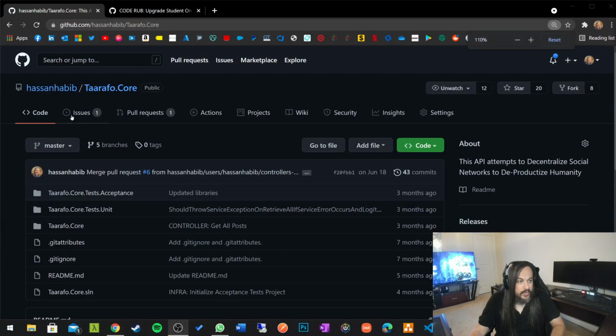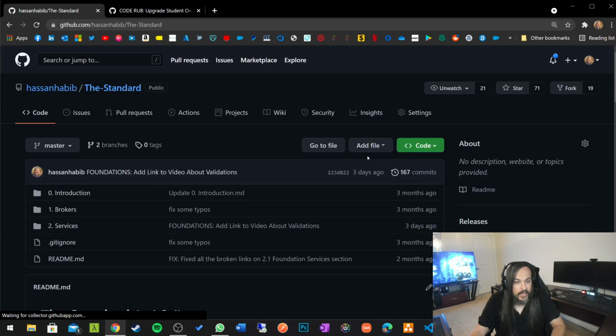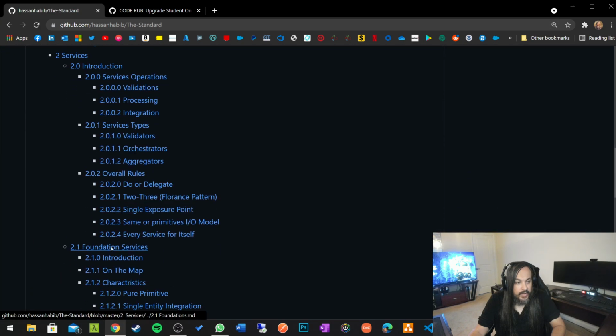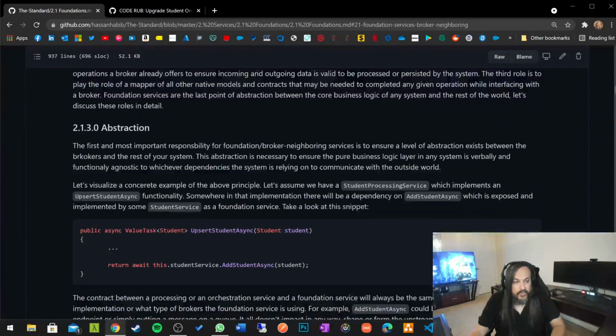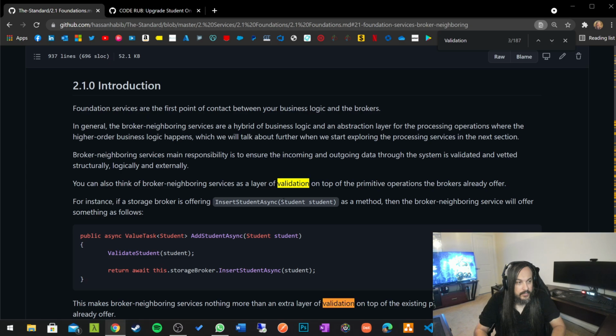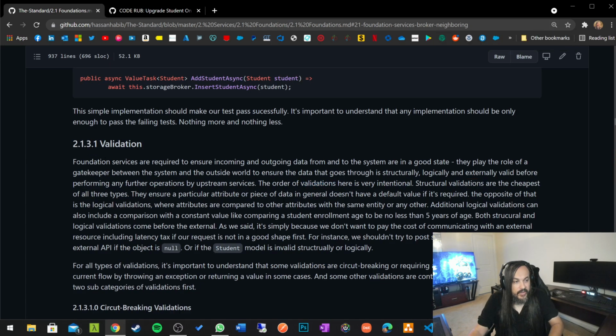I'm going to show you here what I've done just to make sure that you have the best possible documentation, the best possible materials to actually get you going with our engineering standard. So I updated the standard to actually have the right details for you. If you start from validations in here, here's the validation section. There you go. From the validation section here, section 2.1.3.1,